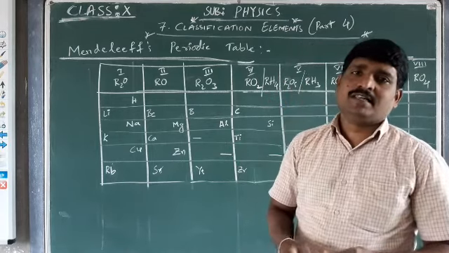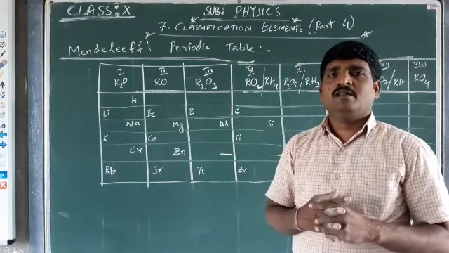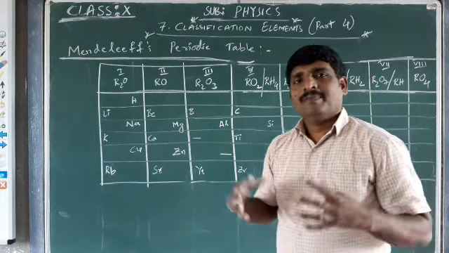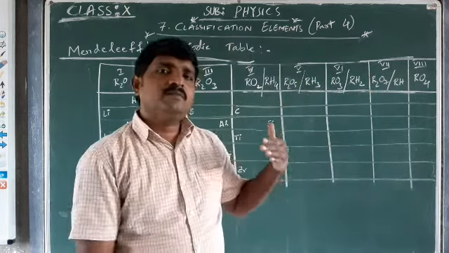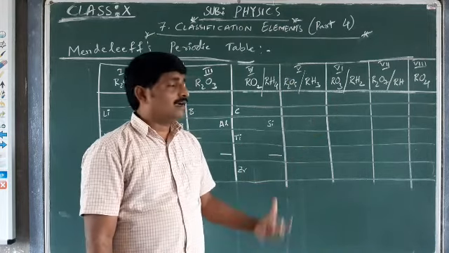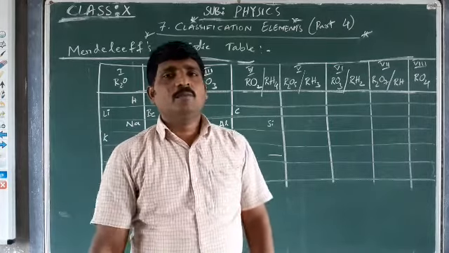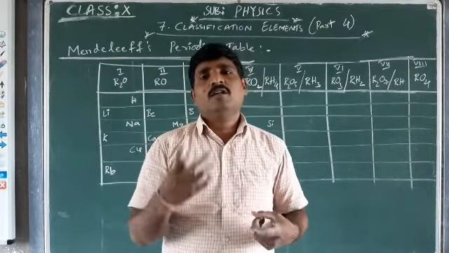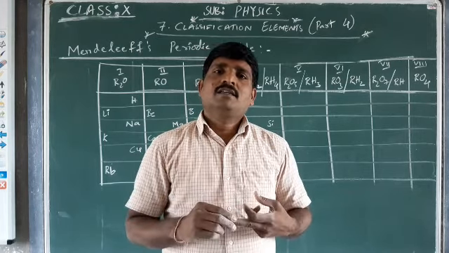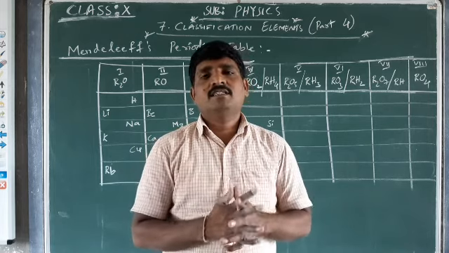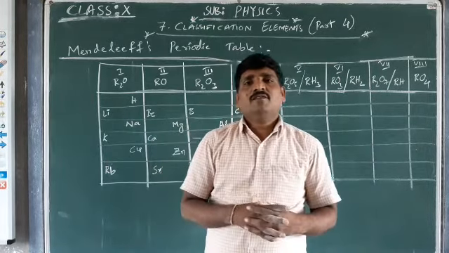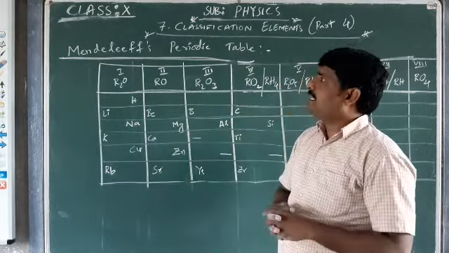From the 7th chapter, classification of the elements, the periodic table, we were discussing how the elements were arranged based on some strategy, from the elements which were available at the time of their arrangement. In that, we have discussed Dobereiner's law of triads and its merits and demerits, and Newlands' law of octaves and its limitations in the last sessions. Today we are going to discuss the Mendeleev periodic table.